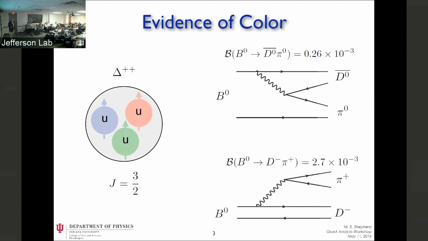A lot of the motivation for introducing color charge in QCD came about by trying to explain this state in the quark model, where you had 3 quarks that all appeared to be the same and all in the same spin configuration. But these are 3 fermions, and they can't all be in the same state, so they have to have something different about them, and the way that you make them different is to give each of them color. And so this was a lot of motivation for having the idea that quarks were colored, and they come in 3 different types, 3 different colors: red, blue, and green.